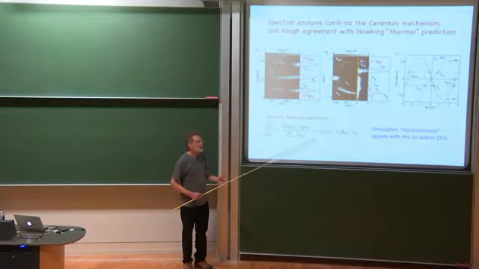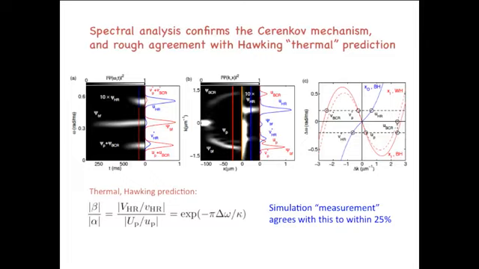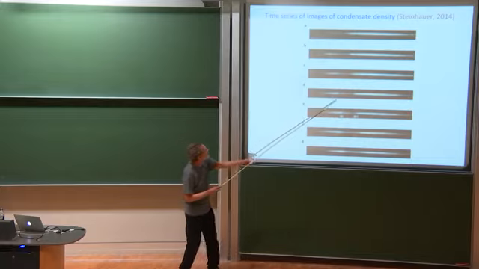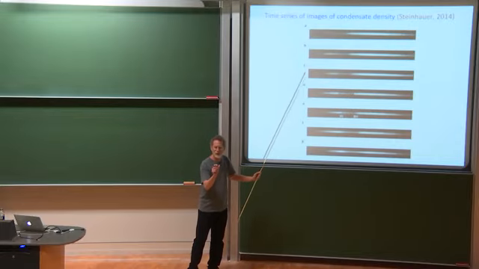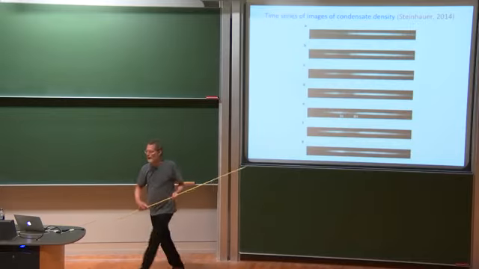I should emphasize this is a very steep change in the velocity flow. Remember, I pointed to the transition. So it's as if the Hawking temperature is very high because the velocity is changing very rapidly here, and the density on the order of the healing length of the condensate, a couple of microns. Nevertheless, we're getting a fairly good match to the Hawking prediction.